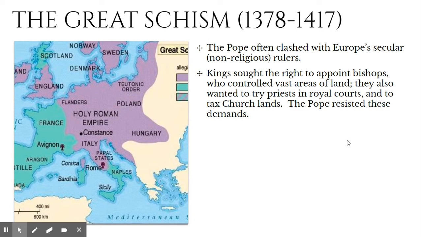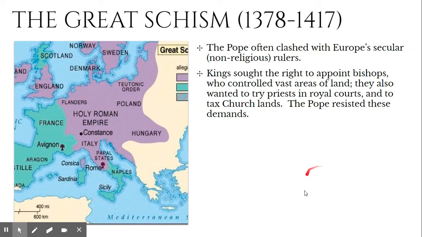The kings also knew that the church controlled a lot of the land. Remember when we talked about the Middle Ages, people when they died, they would give the church all the land, hoping they would get into heaven. So the church ended up with a lot of land. They also wanted to be able to try priests in their own court. So if a priest did something wrong, then the king wanted to try that priest. But the way it is, kind of even today, is if a priest does something wrong in that country, he's taken back and he's brought in front of the Pope. And the kings also wanted to tax the church lands. So they wanted to get some money from the church, is what they wanted.